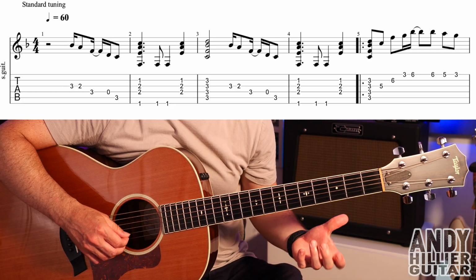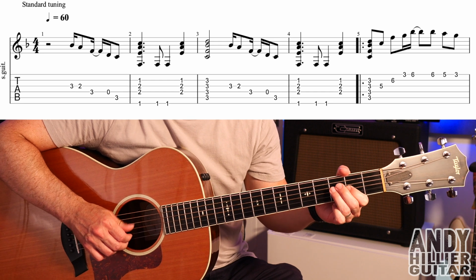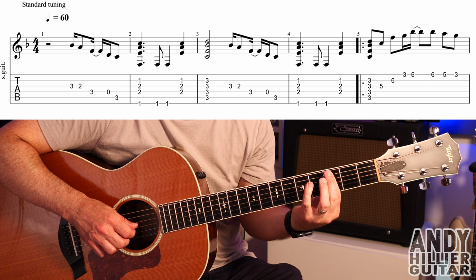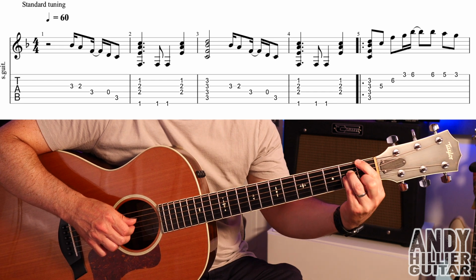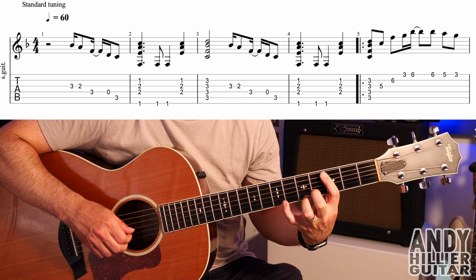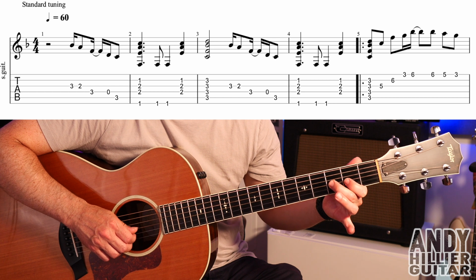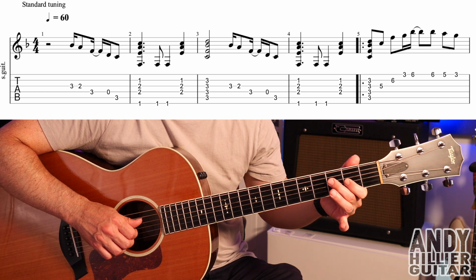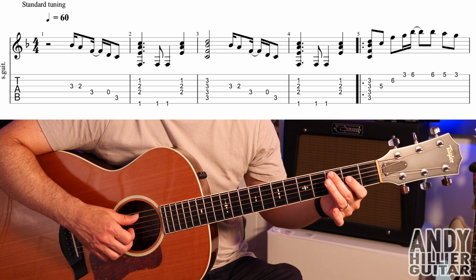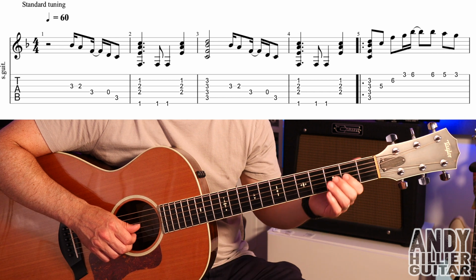My guitar is in standard tuning. Okay, so the intro and the first line sounds like this. Okay, so we're going to start off on G3, then G2, D3, D, and then A3. So the first bar, 2 beats rest, so it goes 1, 2,